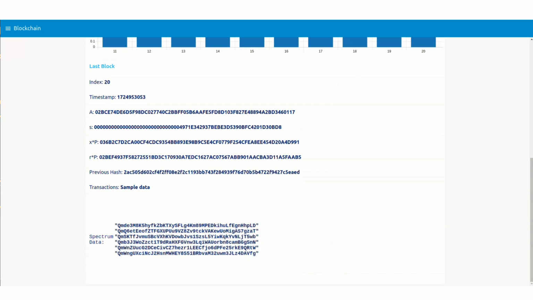Here we put our data into the IPFS database, and then we add the IPFS hash into the block. That way we can prevent the chain from growing unnecessarily. We can use this IPFS hash to retrieve data back. Here you can see there are multiple IPFS hash entries in the spectrum data. That's because we have uploaded multiple spectrum data sets during the mining of that particular block.